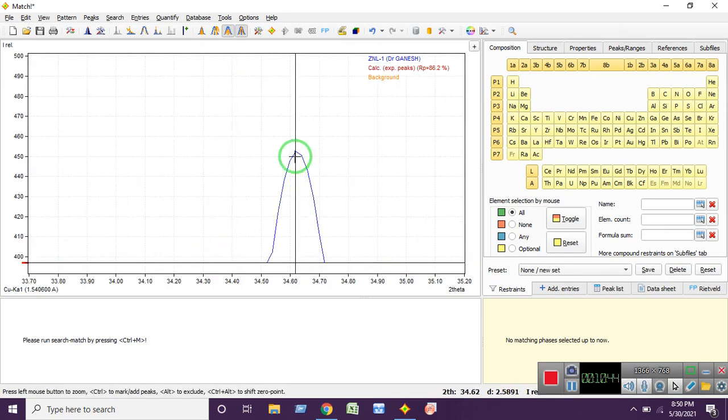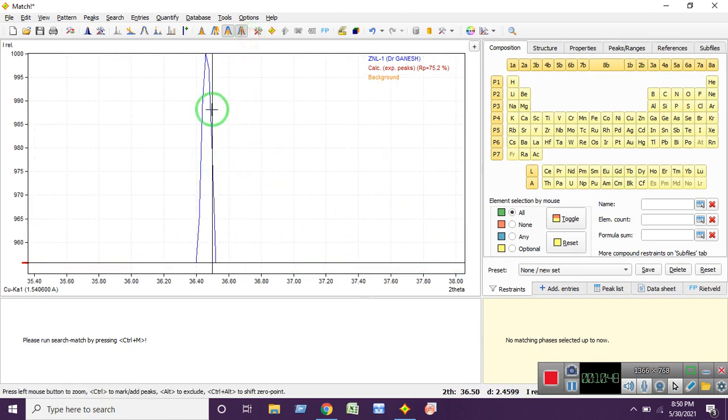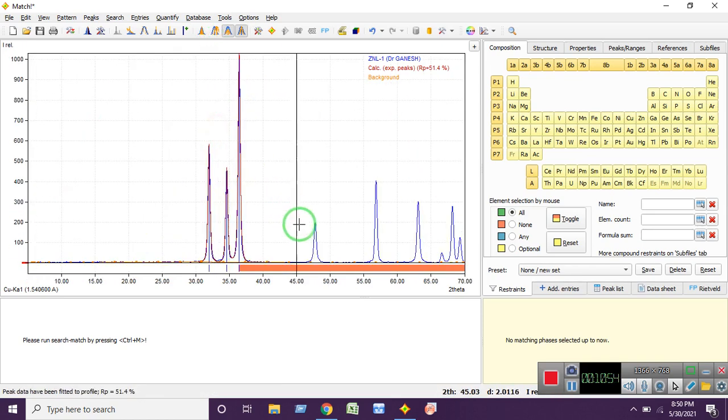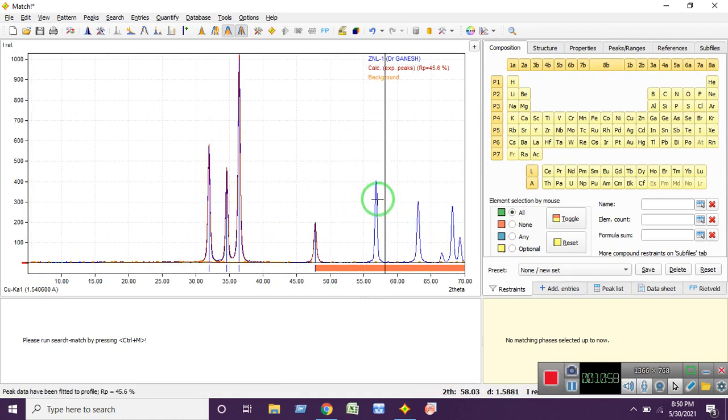Here I'm going to select the next peak. Now I'm going to select the third peak. If you are not sure, you can zoom in. Then the next peak. Keep doing the same process for the remaining peaks.